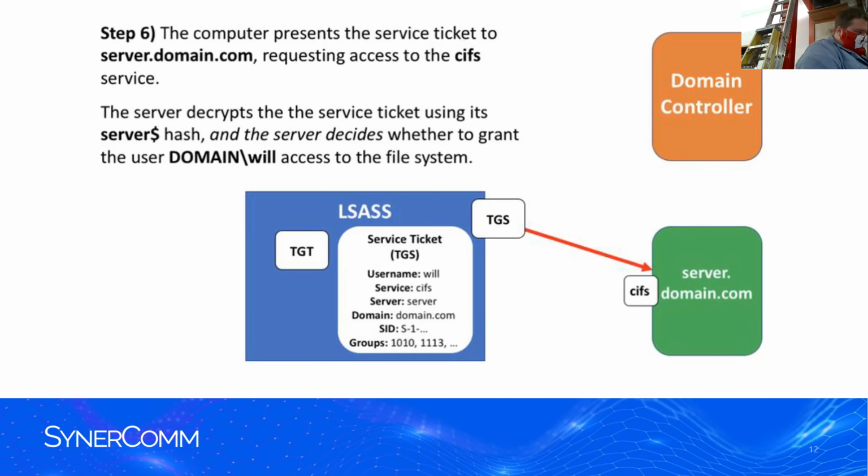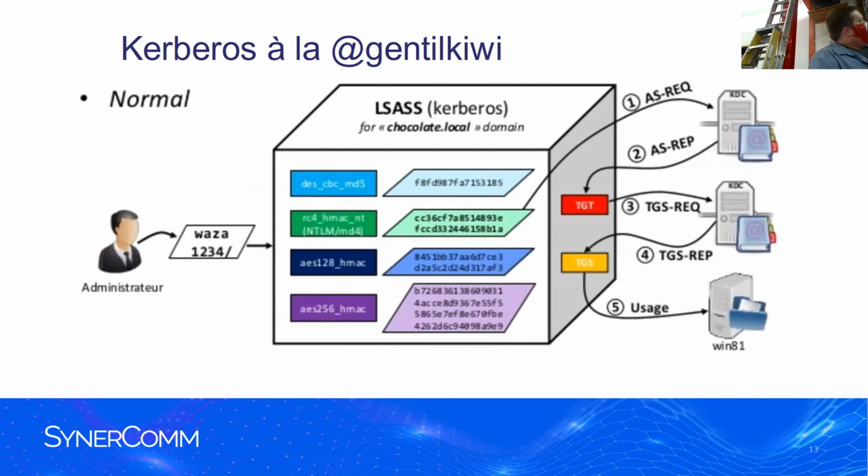6, the computer presents the service ticket back to the DC, and I believe that's the last step. So this is kind of the whole process in a nutshell. In normal NTLM authentication, it makes a request to the server. The server grabs the password, runs it through the hashing algorithm, and replies back either valid or not. In this case, it does all this stupid stuff with tickets and ticket granting servers before you finally get your authentication back. This is one of the core problems with Active Directory, and why services like Okta are taking over.